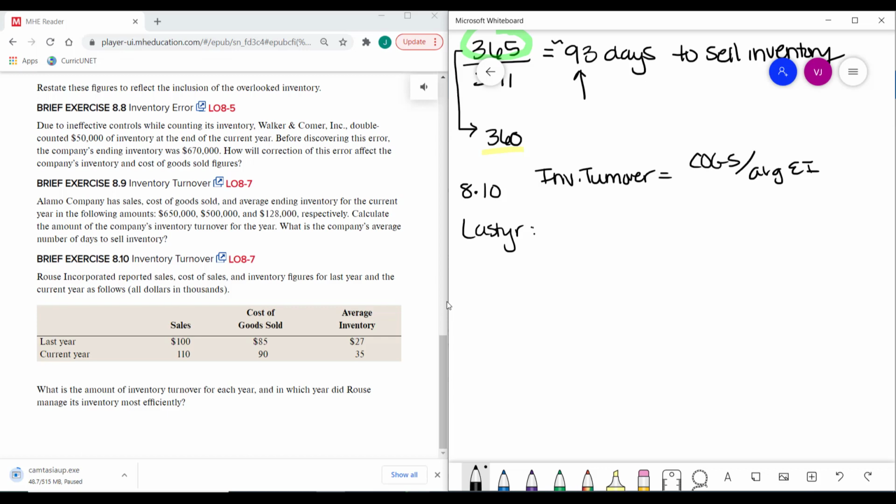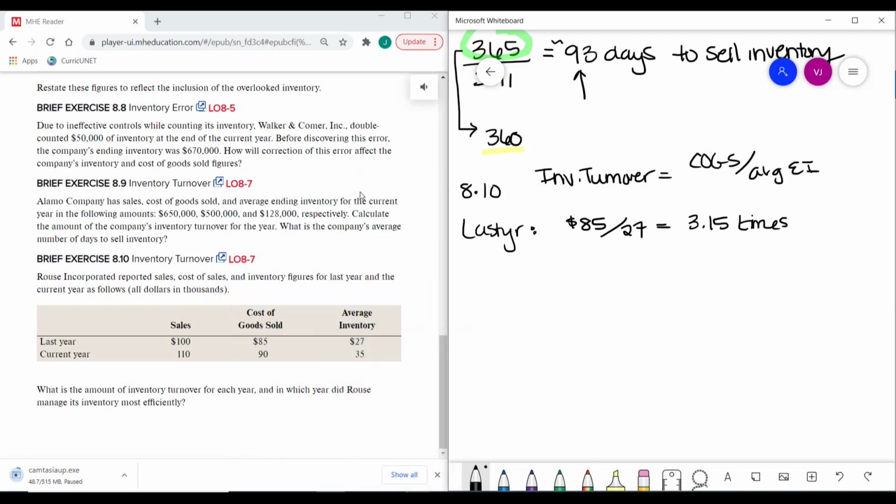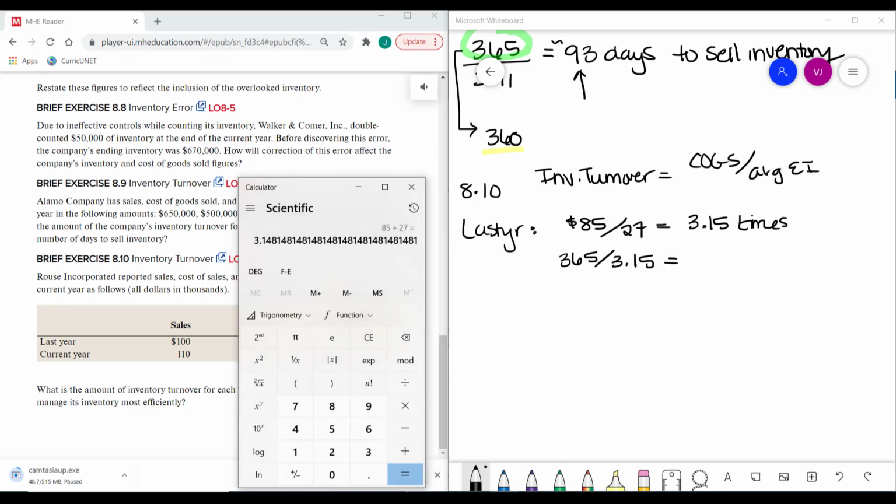Okay, so last year, what was my cost of goods sold? That was $85,000, but we'll keep the zeros off. So we're going to divide that cost of goods sold by the average inventory of $27,000. 85 divided by 27. We were turning inventory over about 3.15 times within the year last year. Now, how long does that mean our inventory was sitting around before it was sold? Well, we take the number of days in a year and divide it by that turnover rate. So last year it took us an average of 116 days